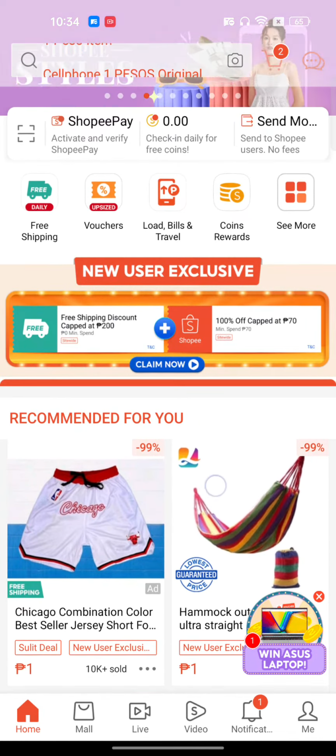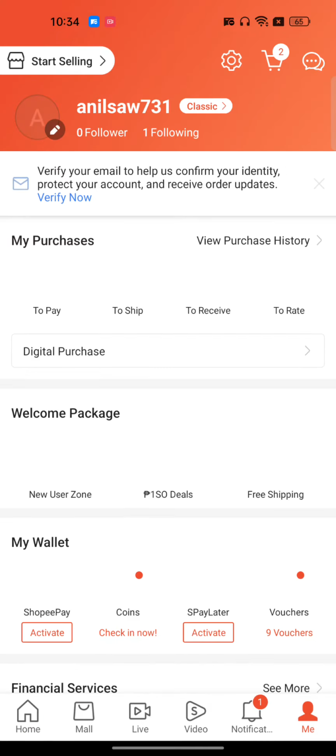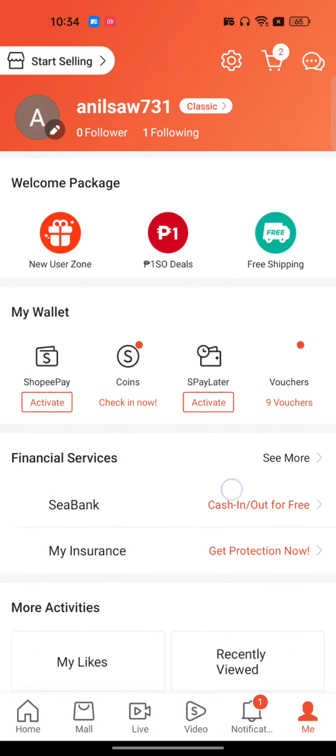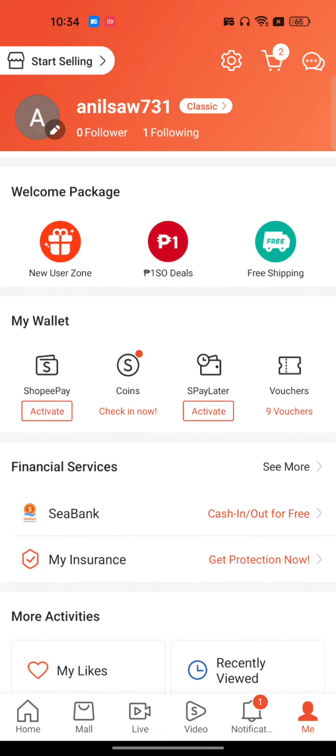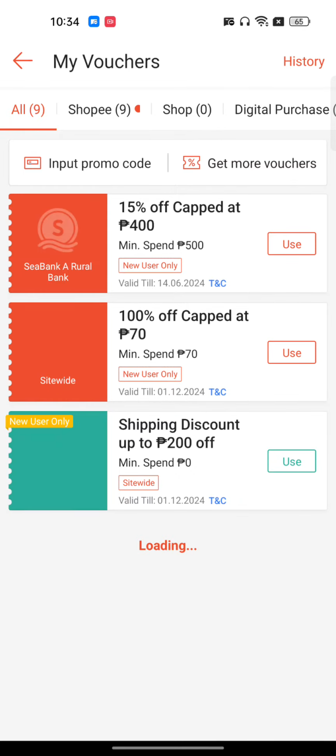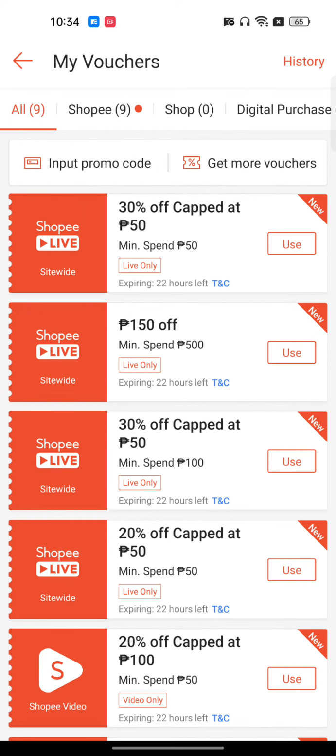Well, to do this you have to go to the bottom right side corner, which is basically the Me. This is your profile icon here. Scroll a little bit down and here you will find somewhere the vouchers icon. So here today you can see that I have around 9 vouchers and I can use them only to compatible